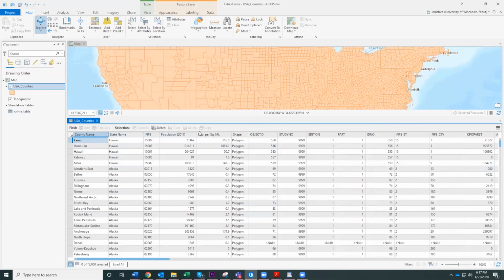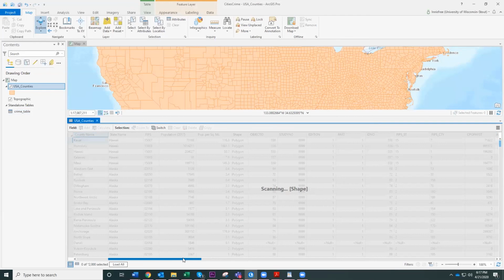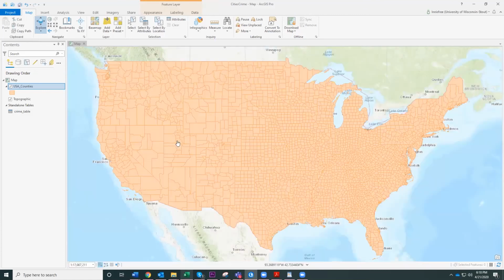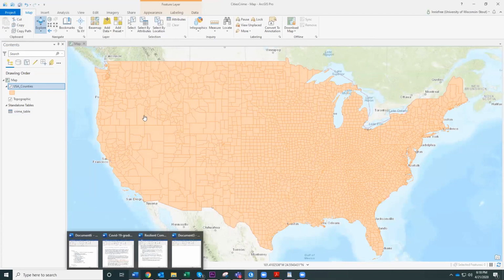Before, it just had these 6 columns. Now it has a whole new set of columns, including all of our crime data. That is how you do a join. And once you have these fields joined, the next step would be to change the map